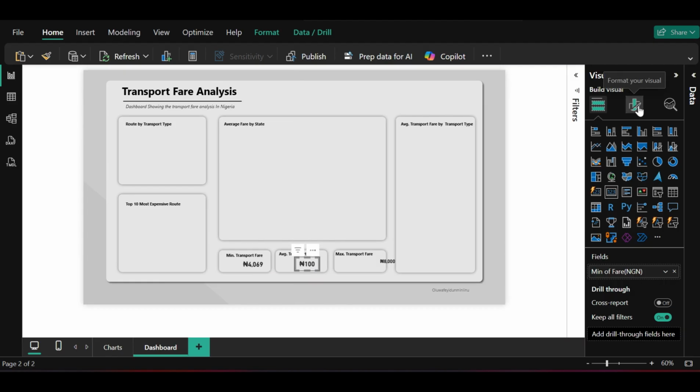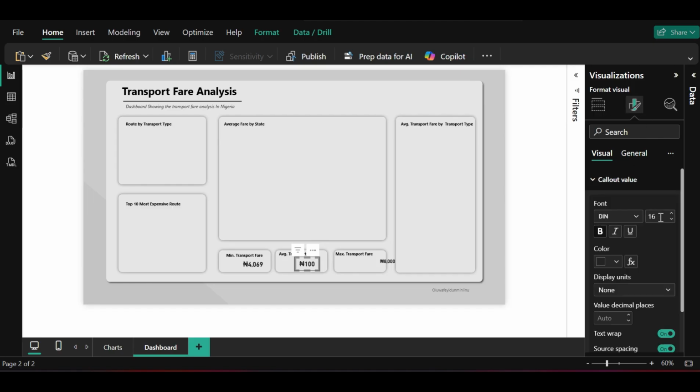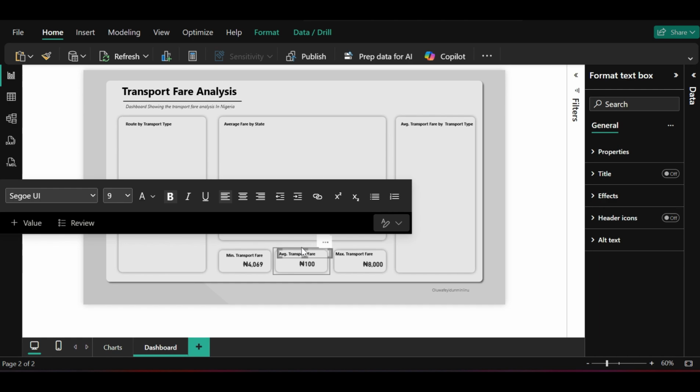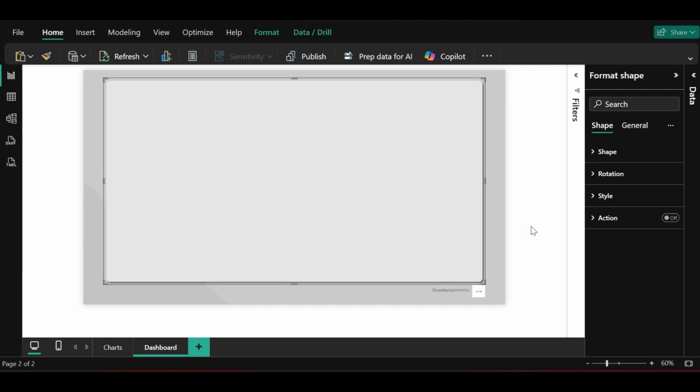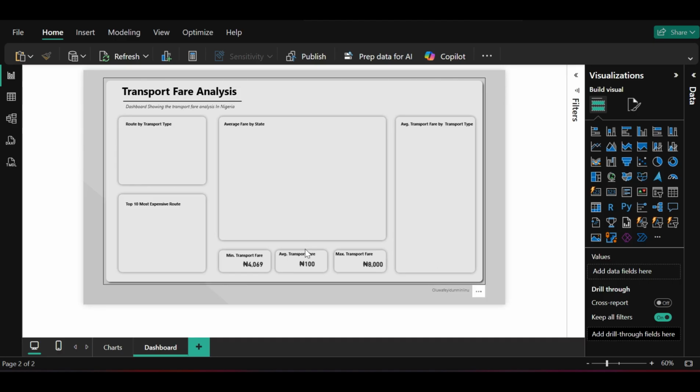Okay, let's see the size of this. This is 16. This is 16. This is 12. So we can actually just do format painter, then click on this, and then you have it right there like that. So let me reduce this. Let me reduce this. Now for this one, I want to shift this one to,